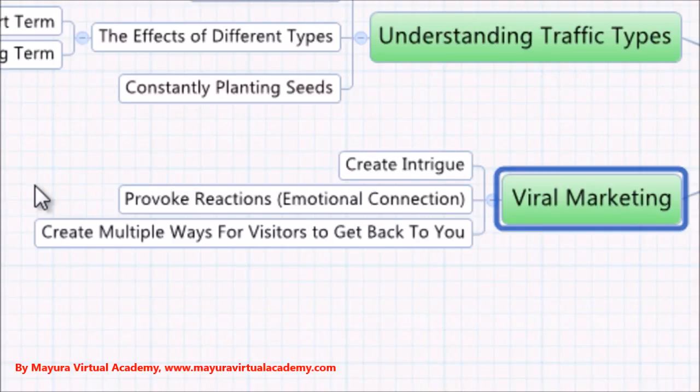And interestingly, I've put there about emotional connections because it's provoked a reaction, and that's the strongest reaction you can get from someone, an emotional one. Perhaps you've said something that's made people outraged, and so they've passed it on and said, "What do you think of this person? This has really annoyed me. What do you think?" By doing that, you've created some dialogue. Now, of course, it's important to stay ethical and moral when you're doing that. So don't just do it for the sake of doing it. Actually have a good point.